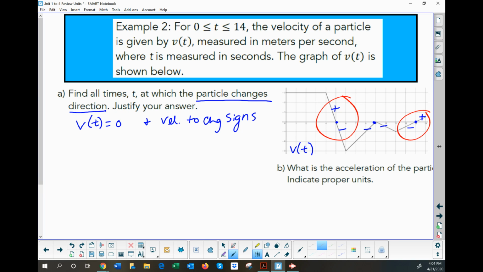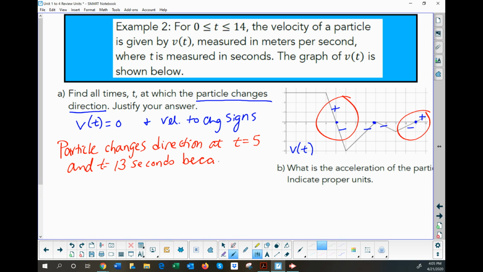So we have two prime spots that we are interested in, here and here, because we have the sign changes. Not only is velocity equal to 0, but we have sign changes. So find all the times at which the particle changes direction at t equals, trying to read these, 1, 2, 3, 4, looks like 5, and t equals 10, 11, 12, maybe 13 out there, at time equals 5 and time equals 13 seconds,